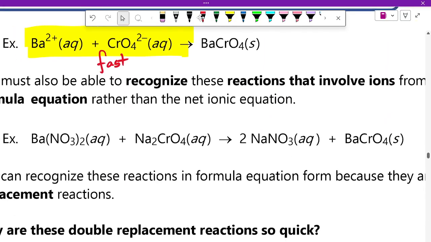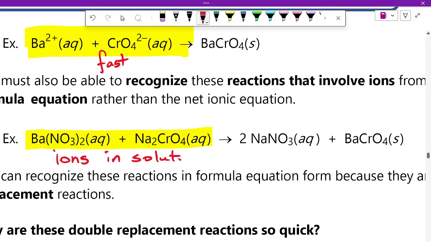And you need to recognize, because you're really good with ionic reactions now, that this reaction involves ions in solution. Because you've got Ba2 plus, 2NO3 minus,